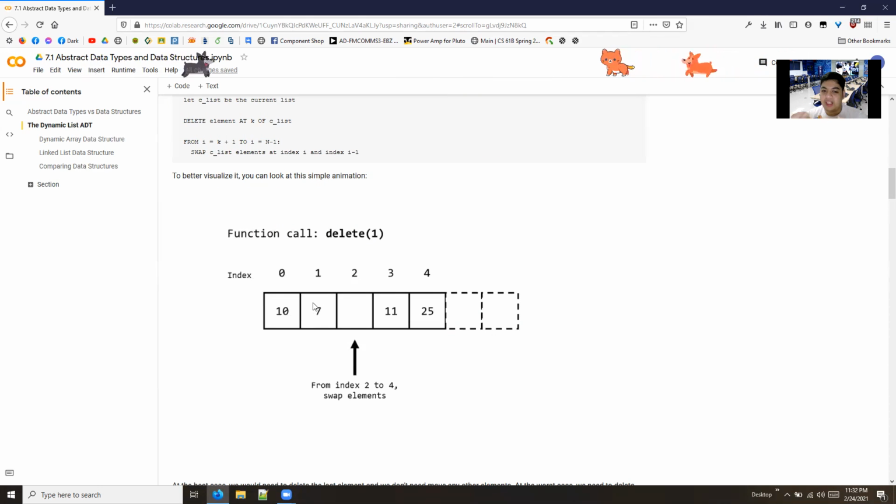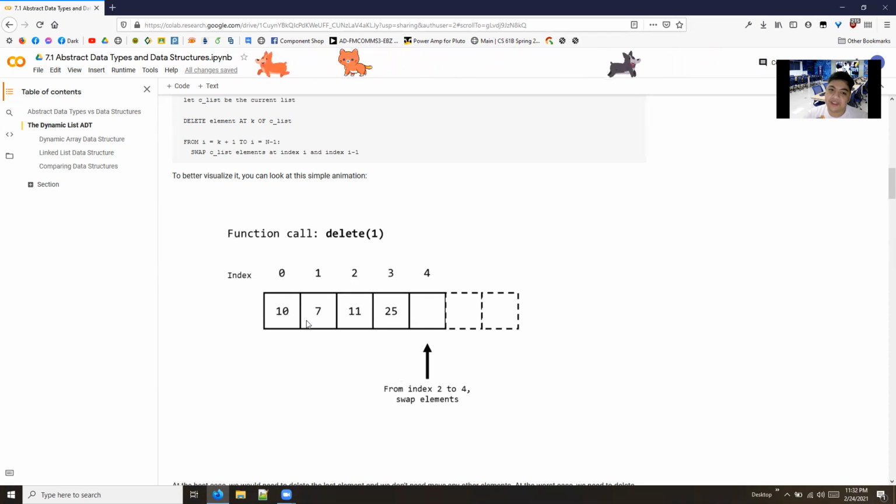So when we delete, the worst case is when we delete the first element and we have to shift all the other elements to the left.